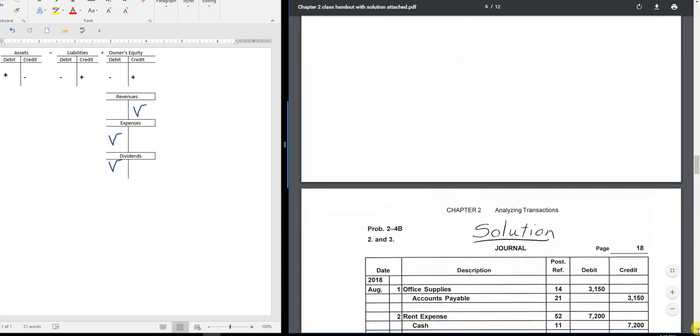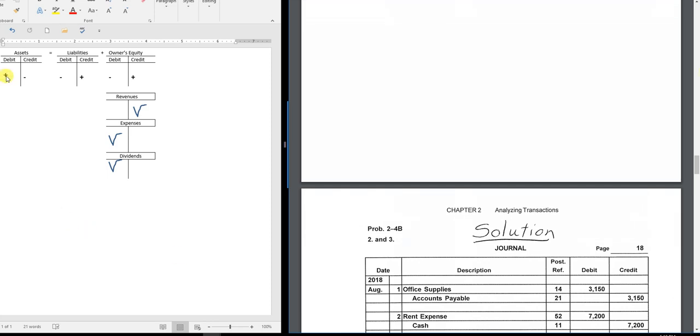Next one, receive cash from clients on account. So notice this is on account and I got cash. So I received cash, so cash as an asset is going up, and I got cash from clients on account, which means I had previously set up an account for them and now they're paying it off. So it's just like the school sends you a tuition bill. They set up an account receivable to you or from you, and then when you pay it off, that goes